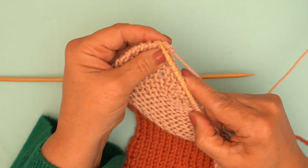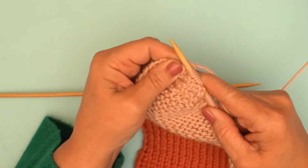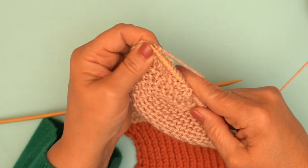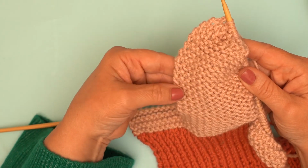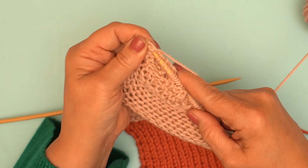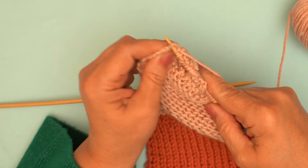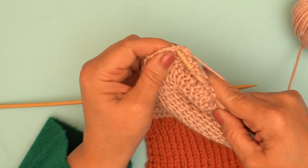shaping for the toe. So I'm just going to, like we did before, pick up the stitches going along. 1, 2, 3, so that's the extra 3, and then we'll do 20 down here. So I'm going to have about 10 to the middle there. 1, 2, 3, 4, 5, 6,